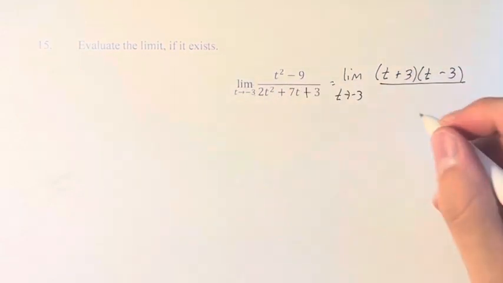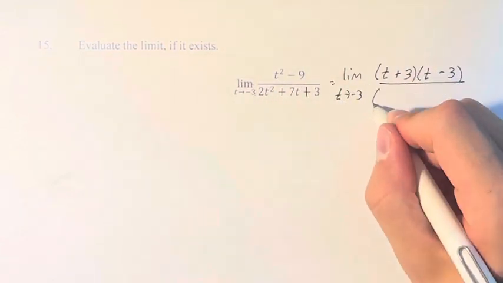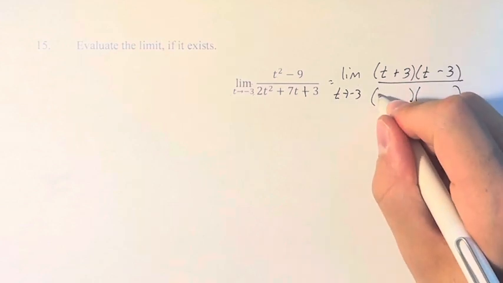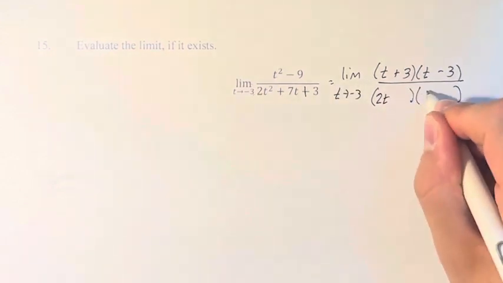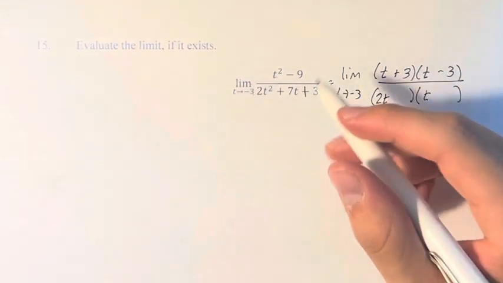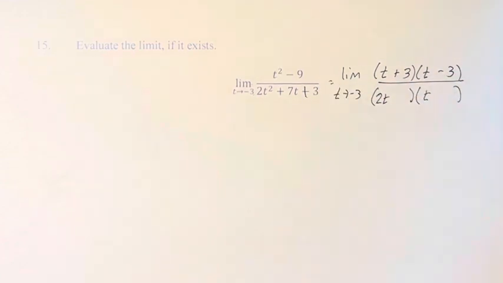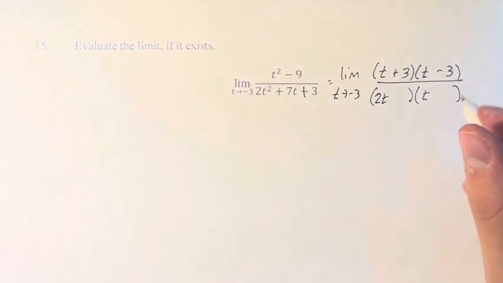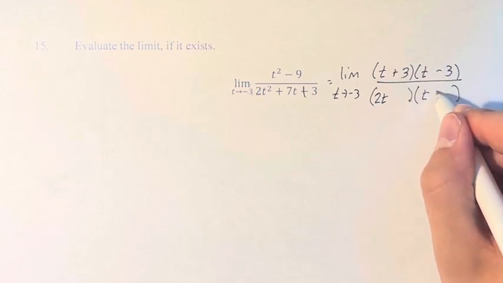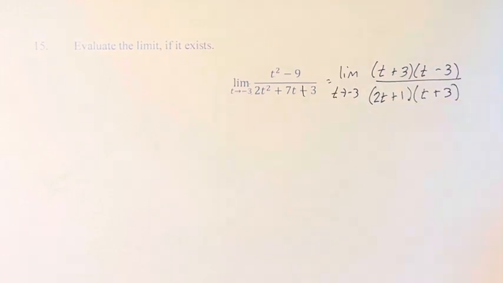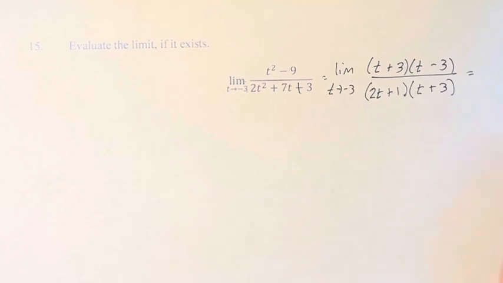And then in the denominator, we have a trinomial to factor. So we have 2t squared, so that's 2t times t. And there'd be a lot of different options here if we didn't have a prime number here. The only two numbers that multiply to be 3 are 1 and 3. So if we put 3 here and 1 here, that's how you get 7. And therefore,